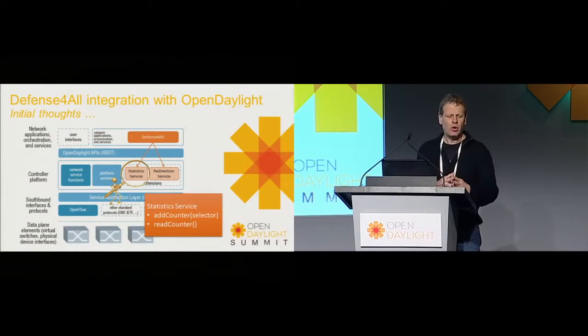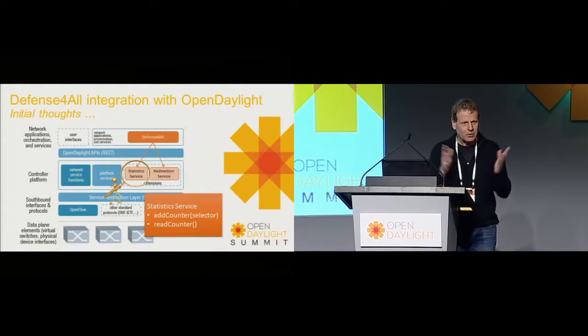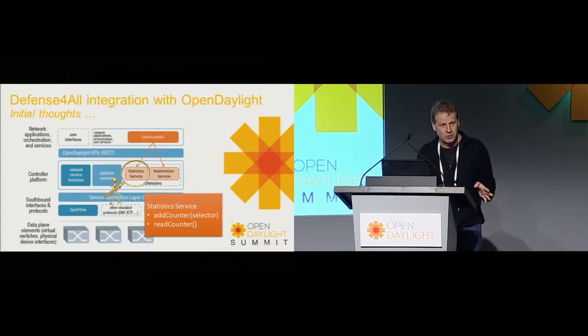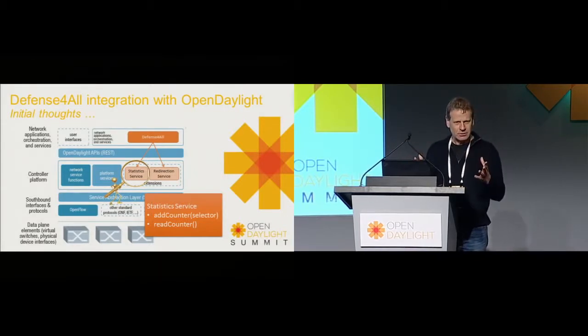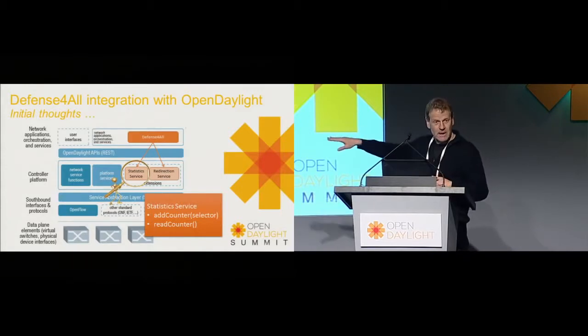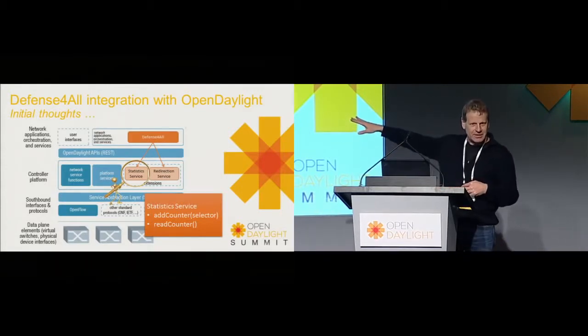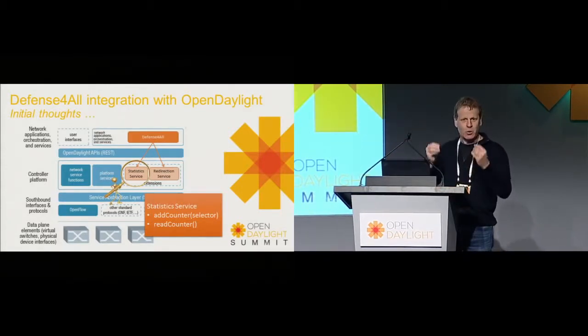Please count all the TCP packets that are going to this subnet. Count all the UDP packets that are coming into the network. So I want to define a traffic selector and let the system at the bottom put the counters wherever it makes sense to be able to catch all the traffic that matches this